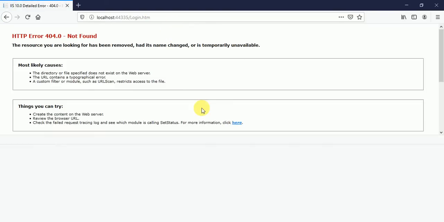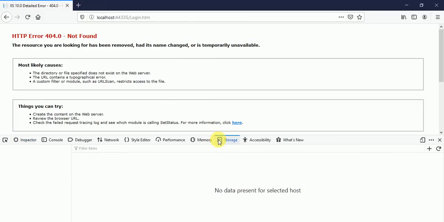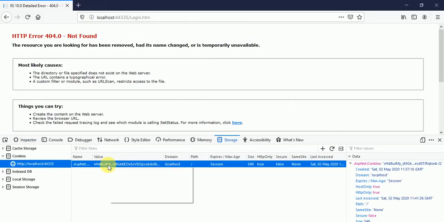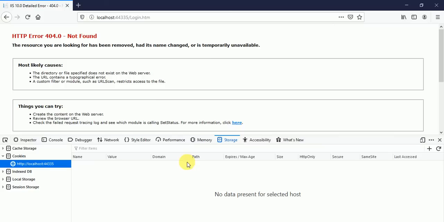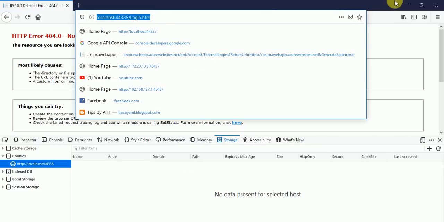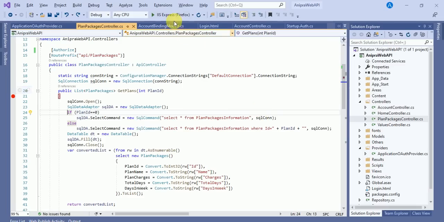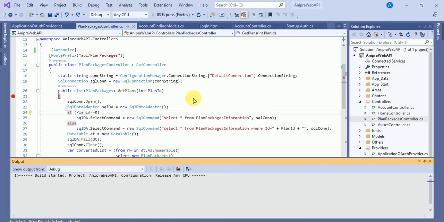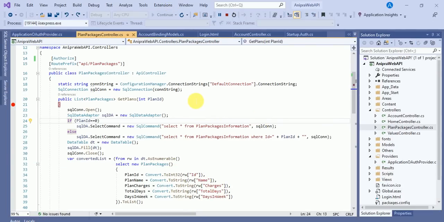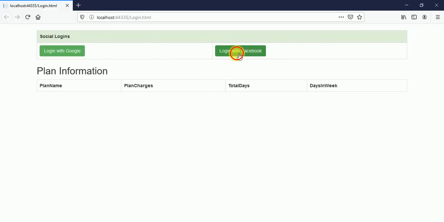It will store the data in memory, so we have to delete this token first. Okay, we have deleted the token. Now I will run it again and click on login with Facebook.